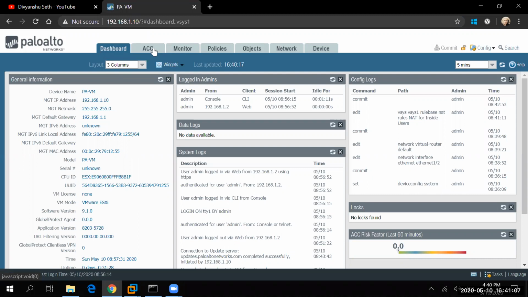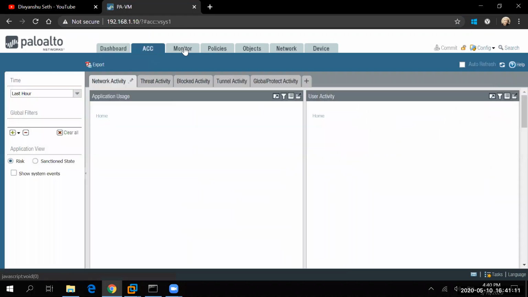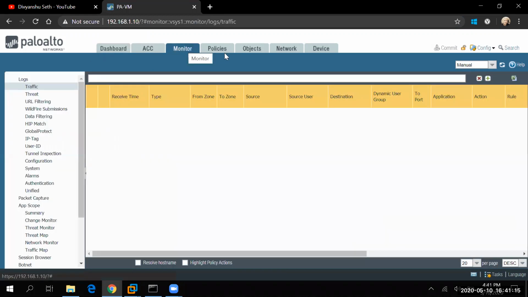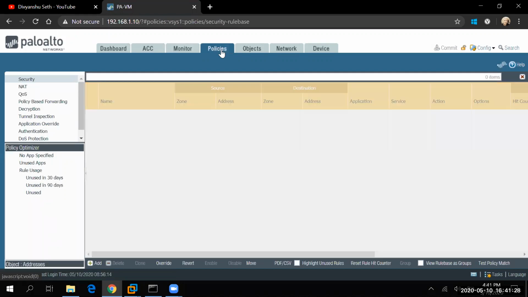This is the Application Command Center where we can see the performance of all the applications. This is the Monitor tab where we will be able to see the traffic of our firewall. These are some sections. I'll explain everything later on in the lab classes so that you'll be able to understand. It's just an overview which I am currently giving to you guys.